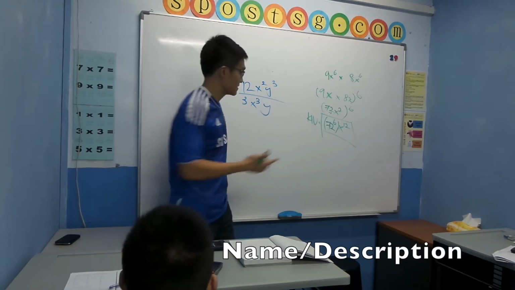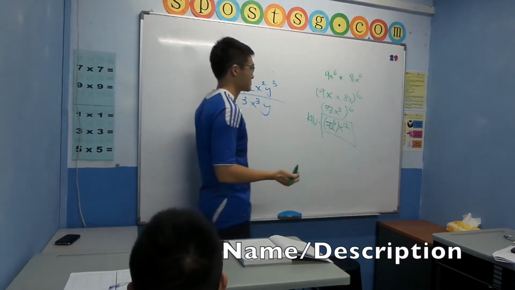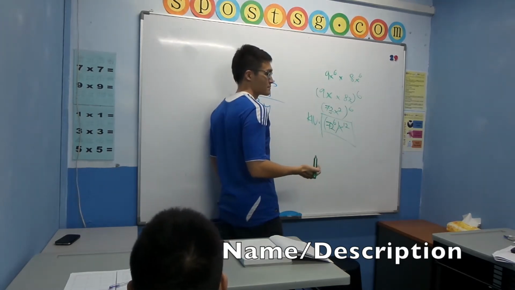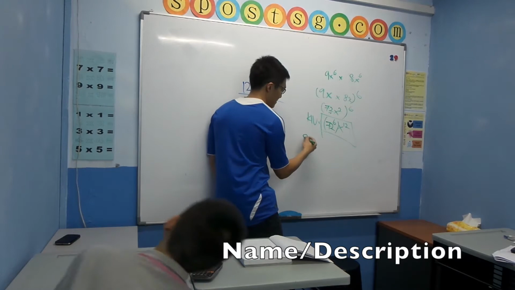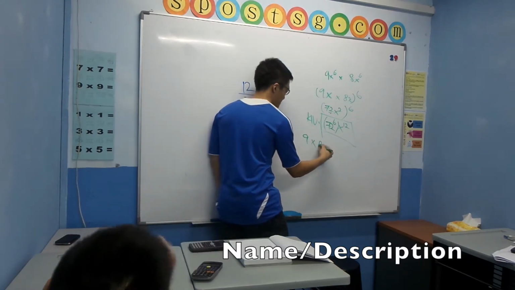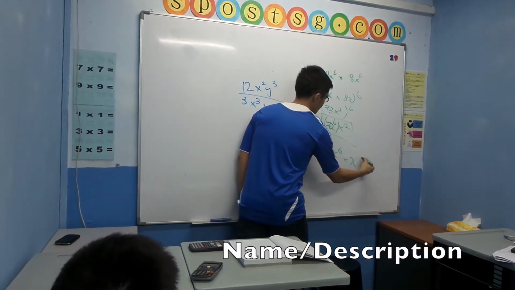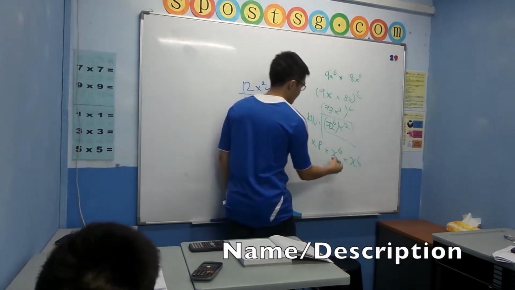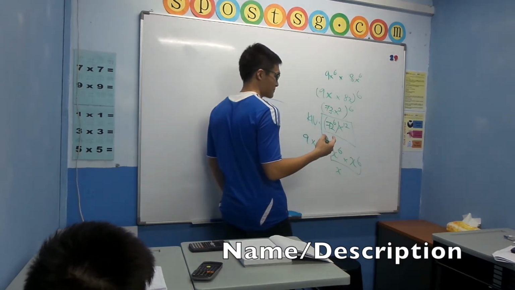Which one? This one. How to do? Add up. Wait. 9 times 8. Okay, this one 9 times 8. Okay, correct. So I take out my 9, I take out my 8. Then I use x to the power 6 times x to the power 6. Understand? Then my x will become x to the power of 26.